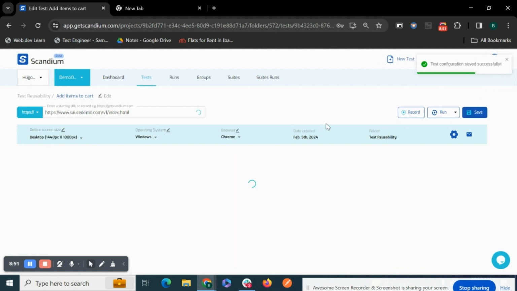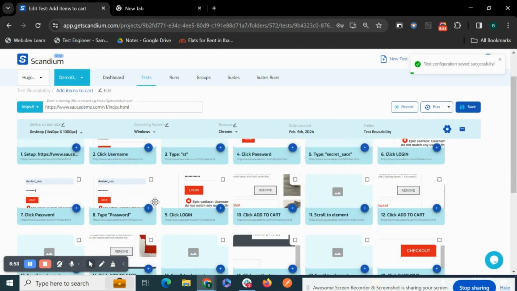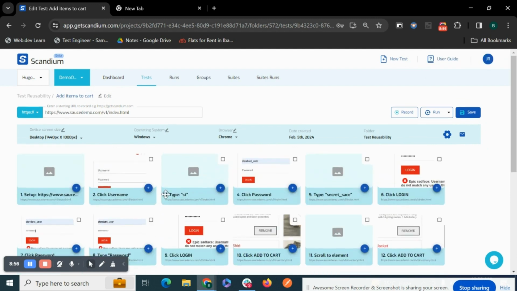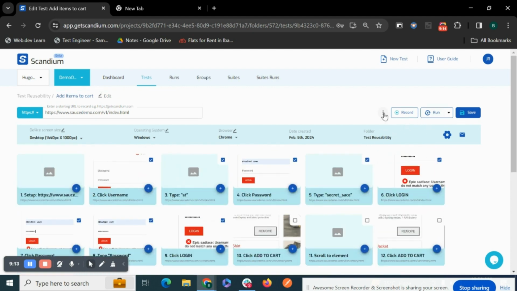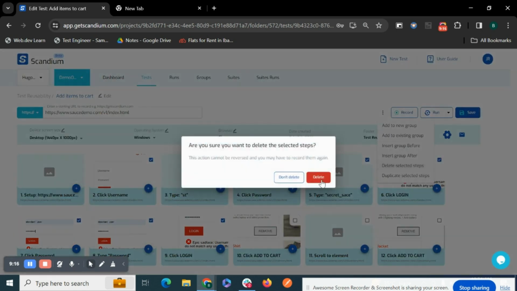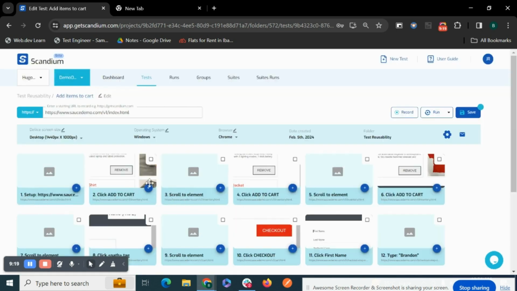Once this is saved successfully, we have our login grouping somewhere. So there isn't any need for us to start logging in again. So I would mark all of the test steps that contain our login here manually, and I will delete selected steps. Now we have, straight from the URL, from step one, the URL straight into add cart, which is the home page without the login. So if we should try this,